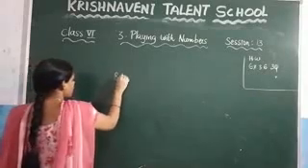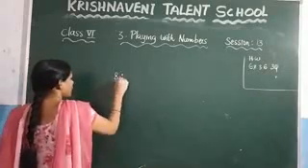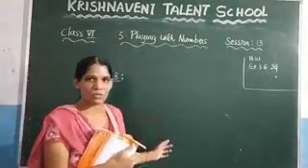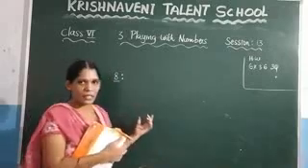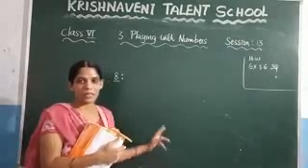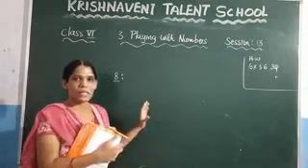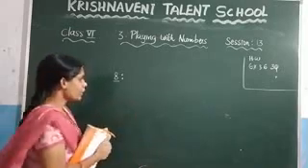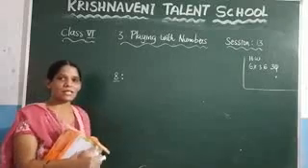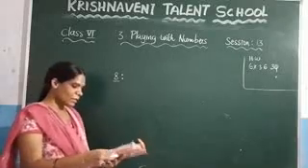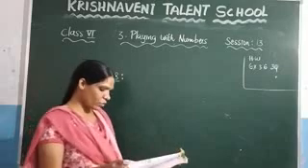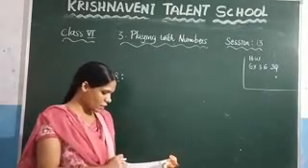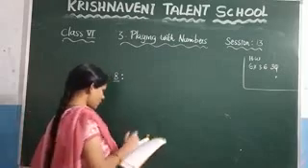What is the divisibility rule for 8? Here, in the divisibility rule for 4, we checked the last 2 digits. In case of 8, you need to check the last 3 digits. If the last 3 digits of a number are divisible by 8, then we can say that the number is divisible by 8. So here, you need to check the last 3 digits. In the case of the divisibility rule for 4, we have checked the last 2 digits. In case of 8, we need to check the last 3 digits. Consider the example